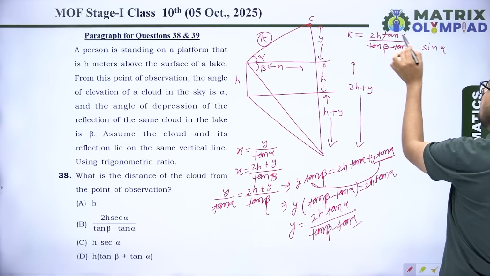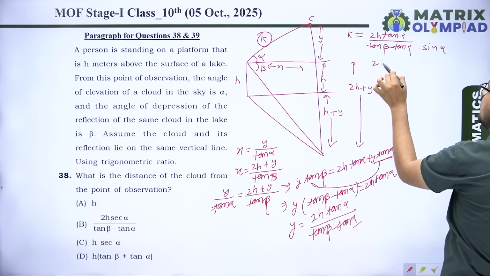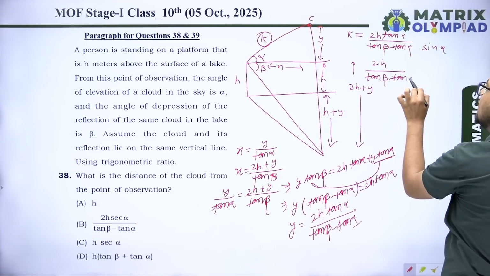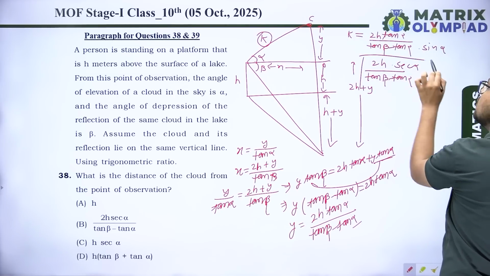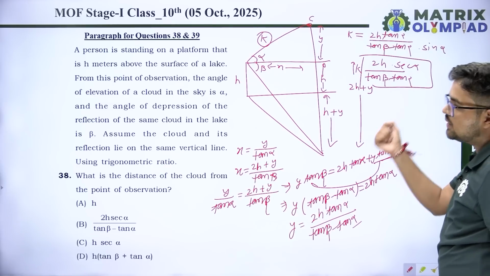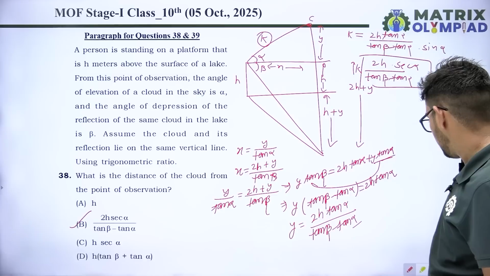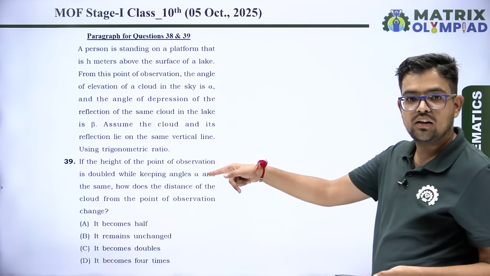तो देखो tan अल्फा से साइन अल्फा डिवाइड करेंगे तो ये जो इसका रिजल्ट आएगा ये 2h tan बीटा माइनस tan अल्फा एज इट इज हो जाएगा, और tan अल्फा अपॉन साइन अल्फा क्या होता है सेक अल्फा। तो आपका जो k आया वो आया 2h सेक अल्फा अपॉन tan बीटा माइनस tan अल्फा। ऑप्शन B विल बी द करेक्ट आंसर।